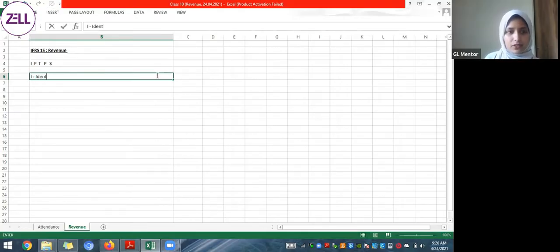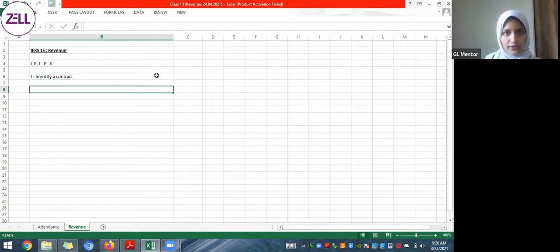I meaning identify a contract. Of course, before you can record revenue, you realize that there should be a contract. Contract के लिए, again there are prerequisites. What is a prerequisite for a contract? There should be two parties. Just two parties in a room, or two parties anywhere in the world, doesn't mean that you have a contract. These two parties should be in agreement regarding something, not just any agreement, but an agreement regarding a commercial thing, right? A commercial service or a commercial product being exchanged between these two entities. Again, not for free, for a price.